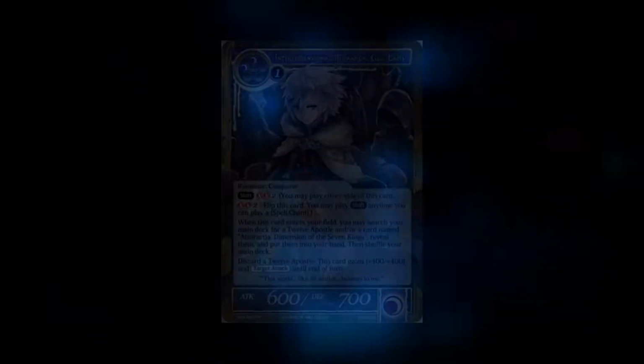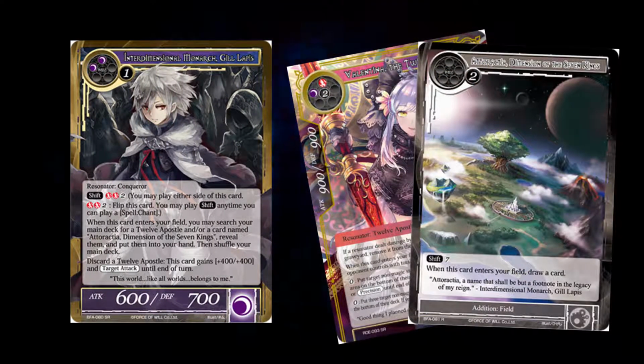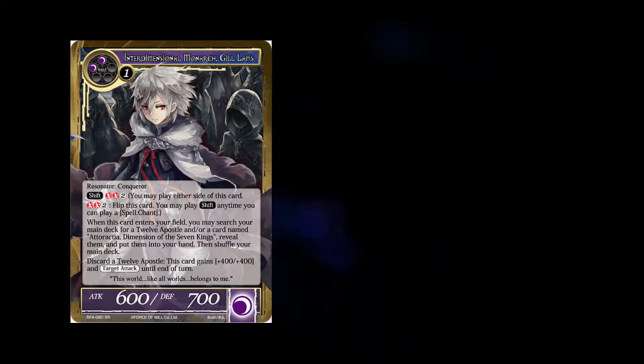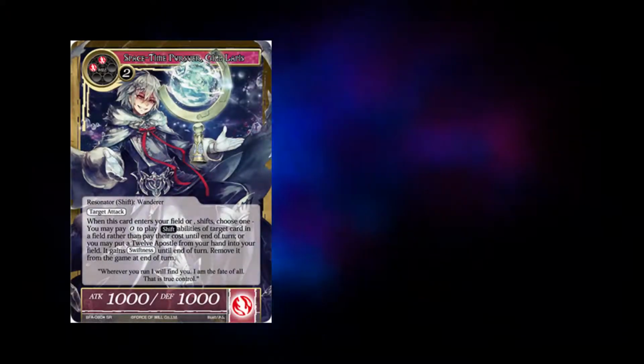Before hopping into our Apostles, let's talk a bit about their corporate CEO, Interdimensional Monarch Gil Lapis. He's a 6/7 shift resonator that searches out an Apostle and Ataraxia Dimension of the Seven Kings from your deck when he enters the field. He can also discard an Apostle to gain an extra 4/4 in precision till the end of turn. He costs 4 will to shift, and when he does, he becomes Space-Time Pursuer Gil Lapis, a 10/10 with precision